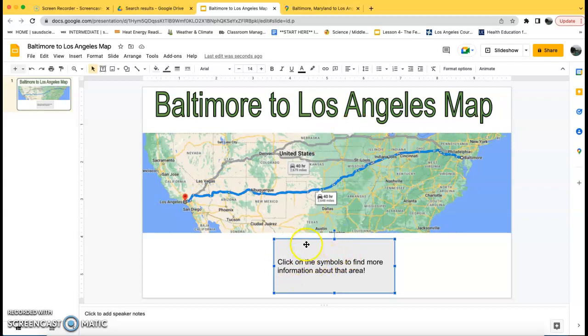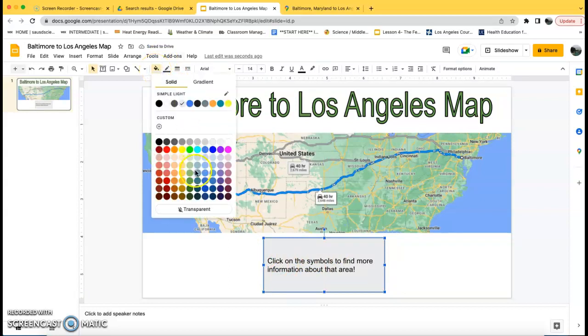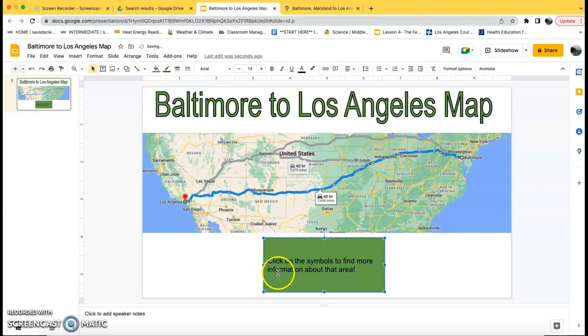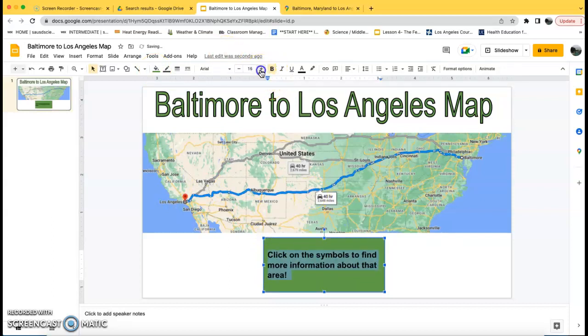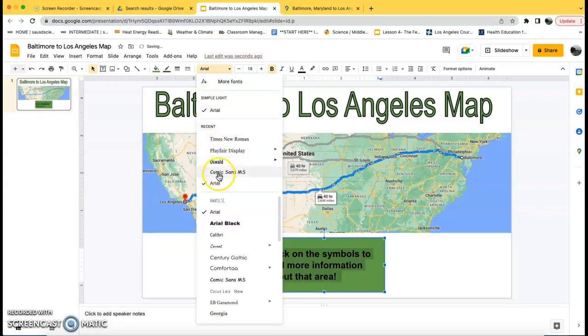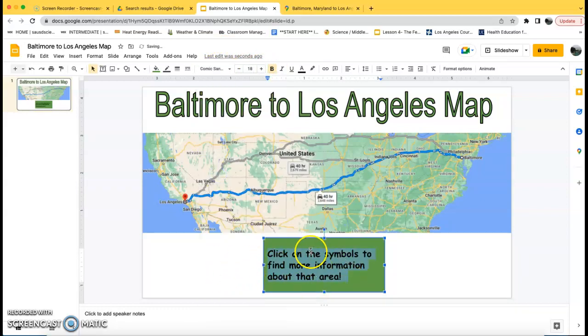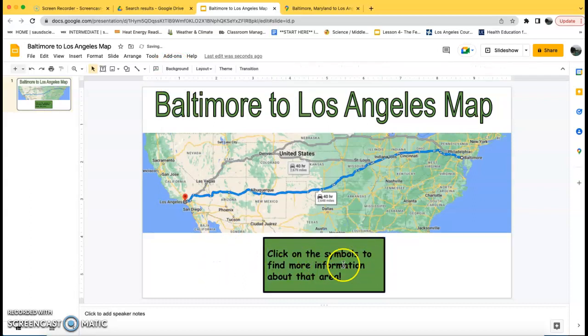Okay, so for this one I'm going to center it here in the middle. I'm going to change the color of the inside. I'm going to make it green, same as the title. Okay, and I'm going to change the font inside, which I'm going to bold, make bigger and change the font. Okay, I like that. So that's great. I'm also going to change the borders. I'm going to make them black and add thickness to the borders here,